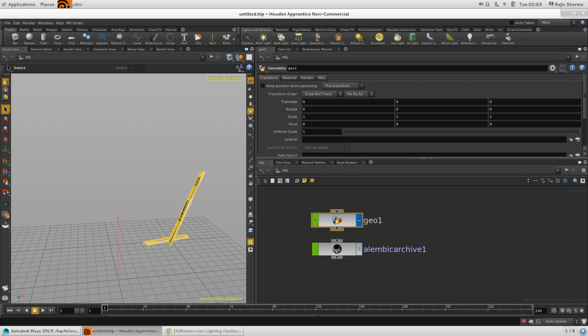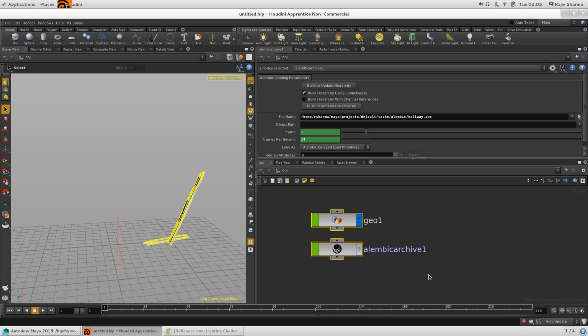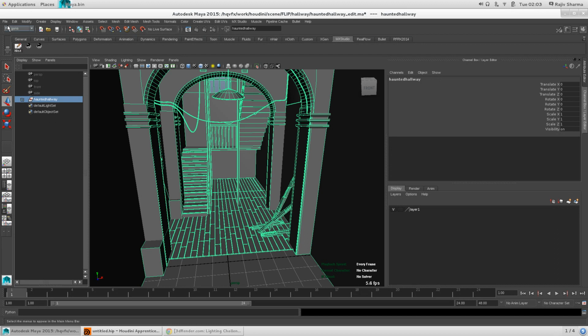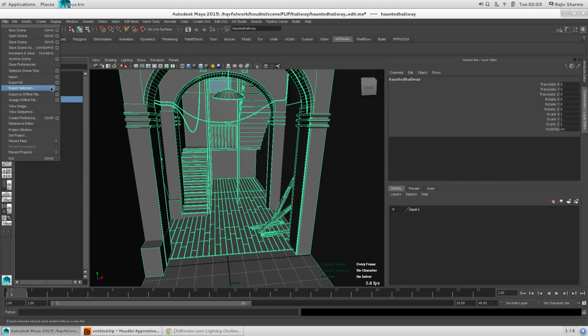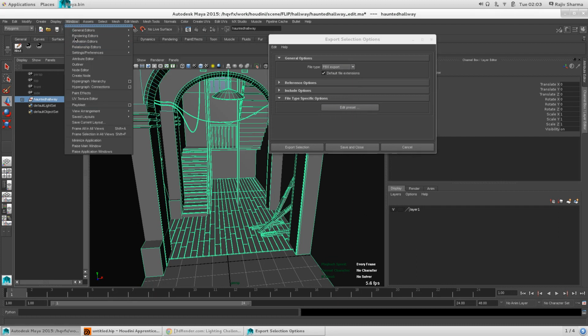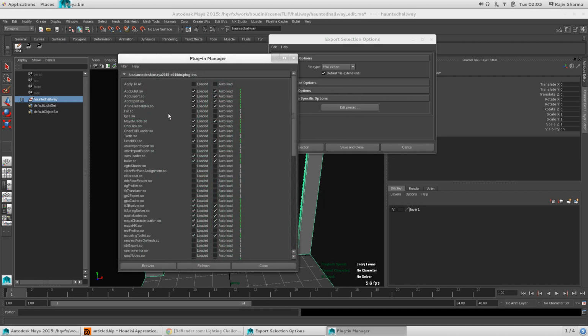Okay, there is another method to import a scene in Houdini, and that is, you can select all, go to file, export selection, and here you can select the FBX. And if FBX is not visible here, that means you need to go to Windows, settings and preferences, plugin manager, and there must be